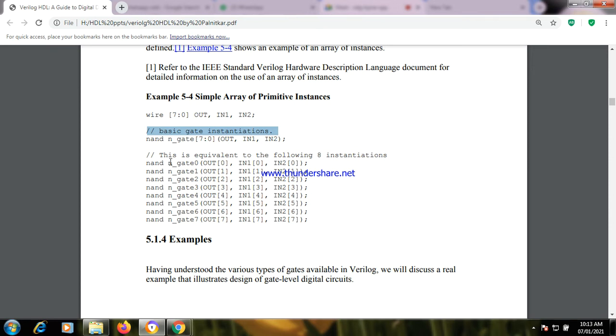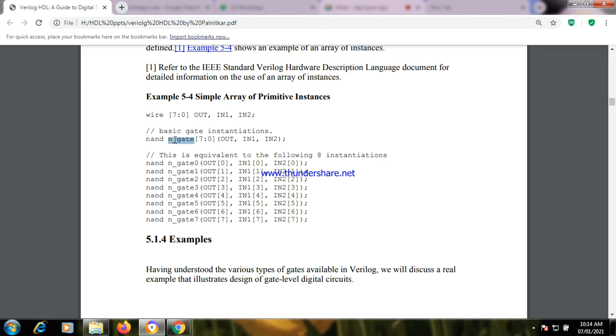Instance, in simple words, you can call that the name of the particular gate. Here it is describing NAND is a type of gate. What is the instance name? N underscore gate. So here it is the name of the instance.